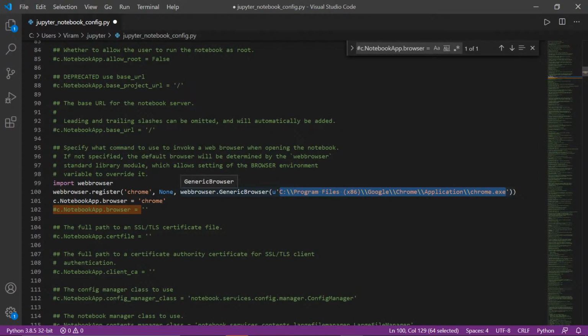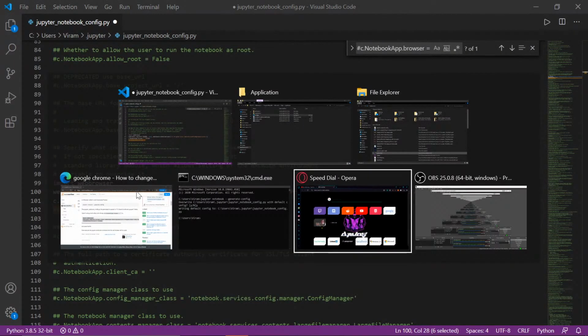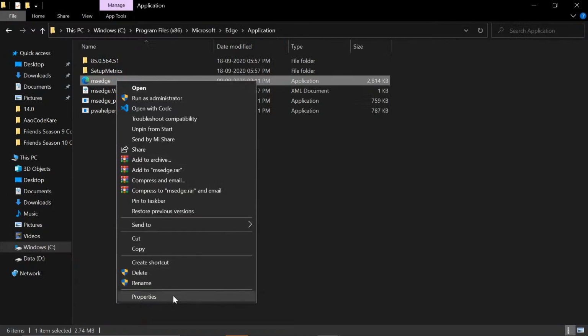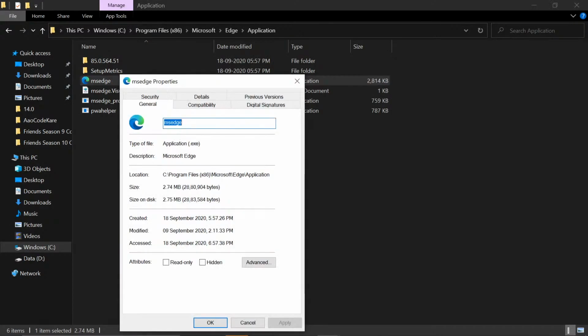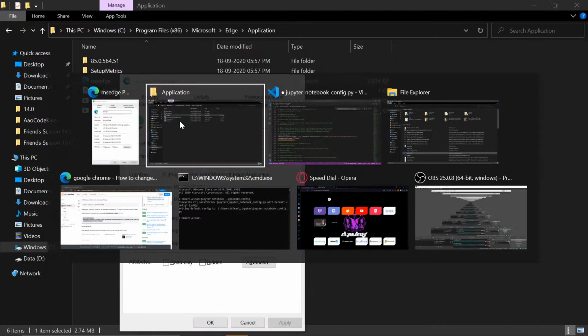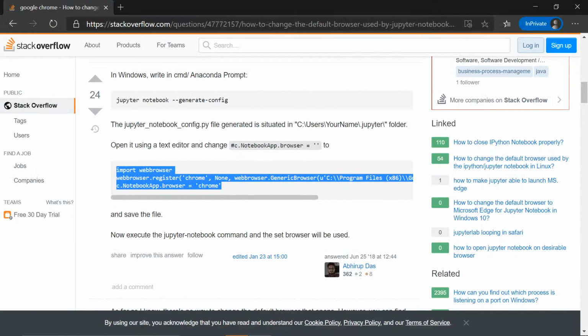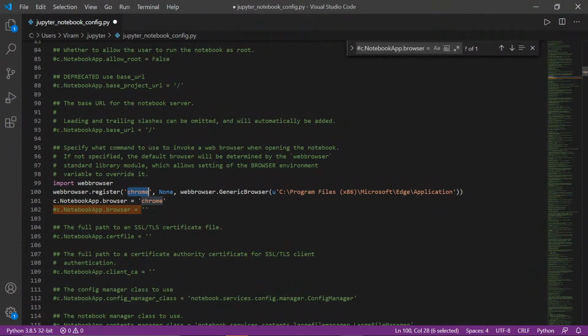We'll paste it here. Yes, so we pasted it. And this is not Chrome. MS Edge is its name. So let's copy it. .exe. So did they actually say us to? Yes. Okay, Chrome.exe, so we'll have to write the name of the exe too.